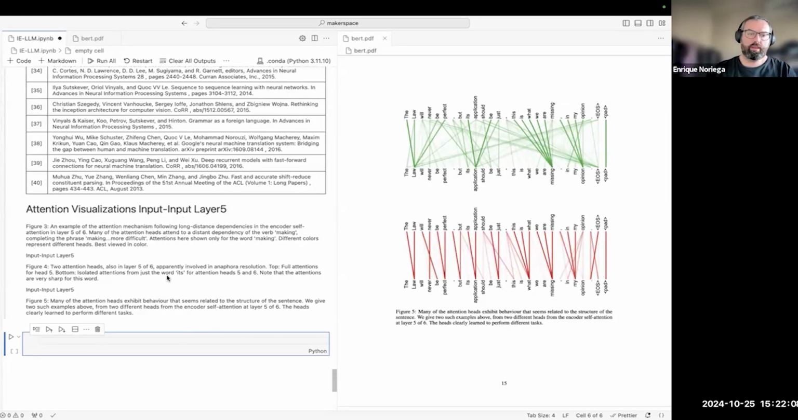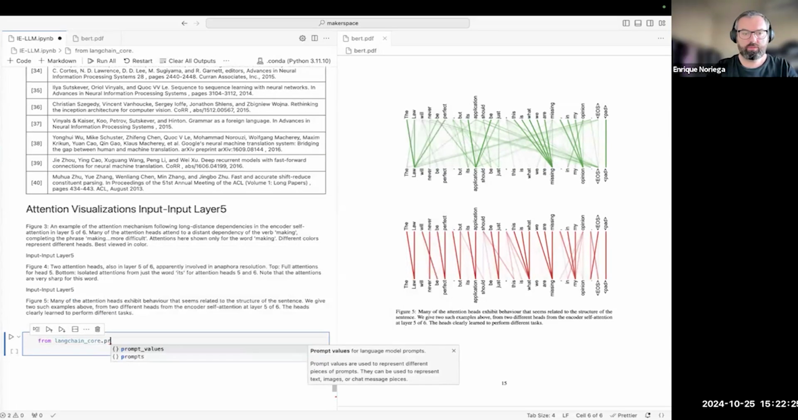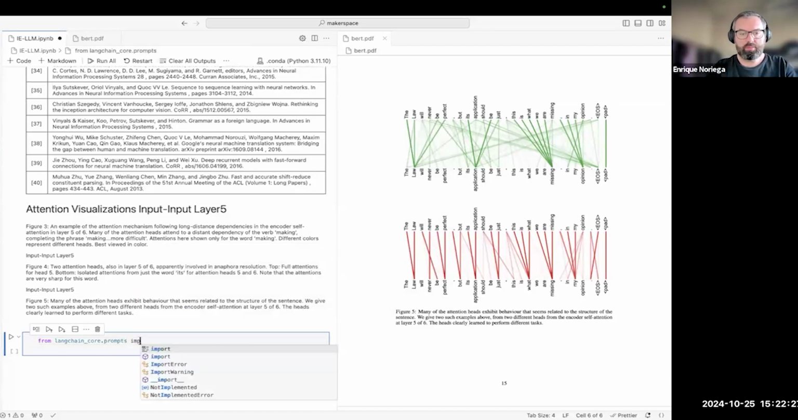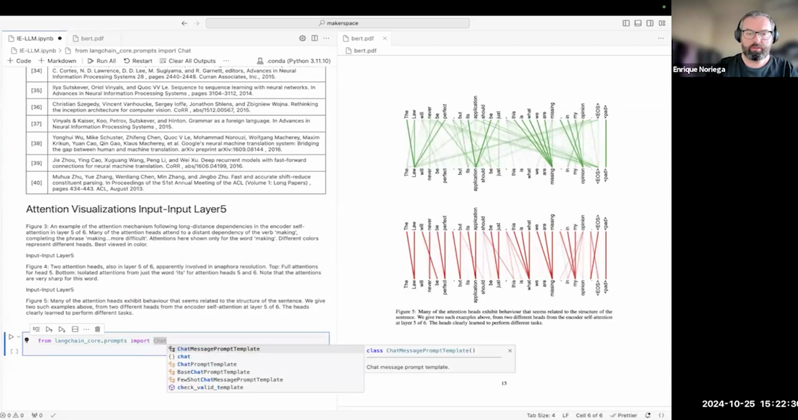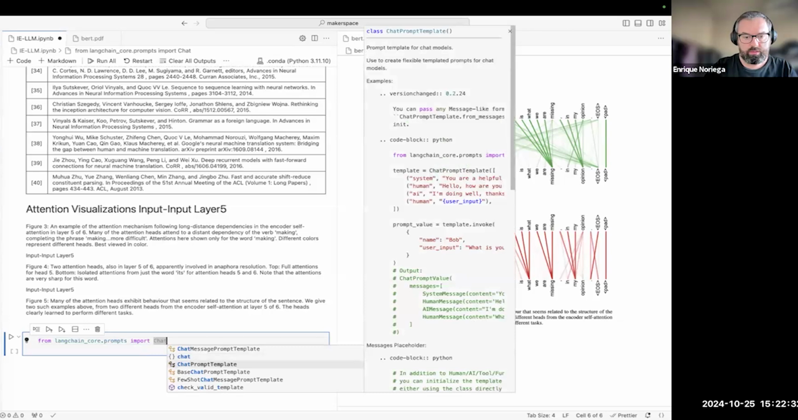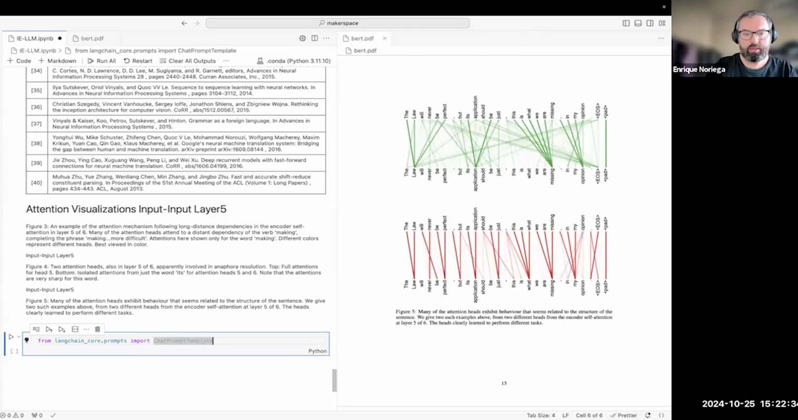Let's see if we can design a prompt template that will allow us to reuse this using LangChain as well. Prompts, import chat prompt template. Template equals